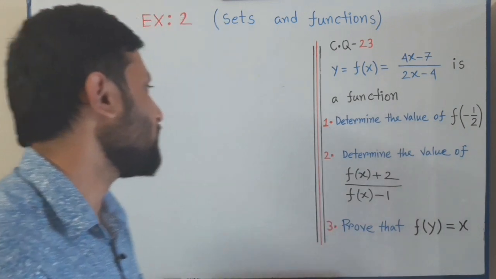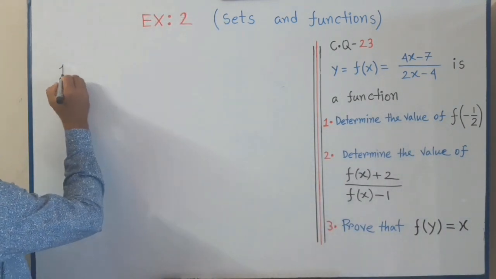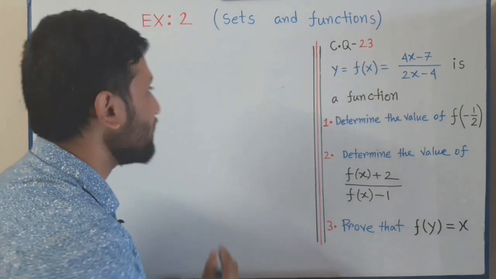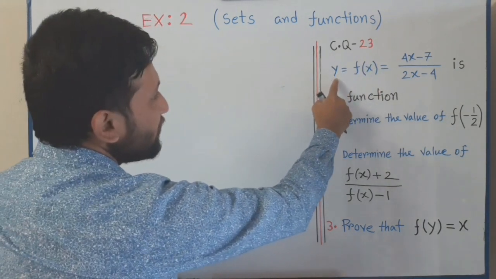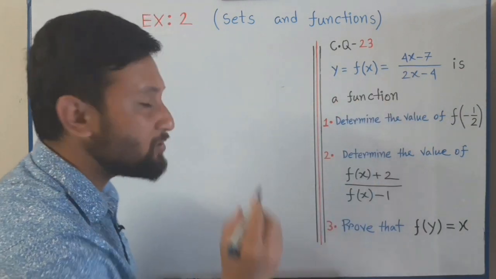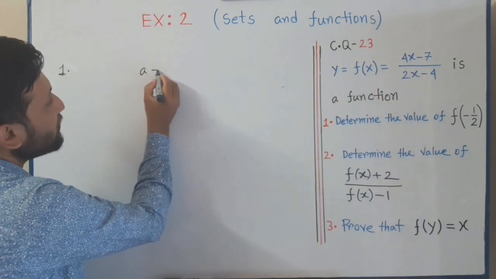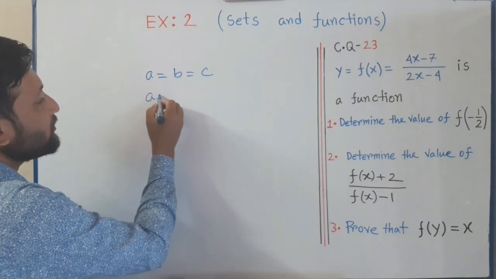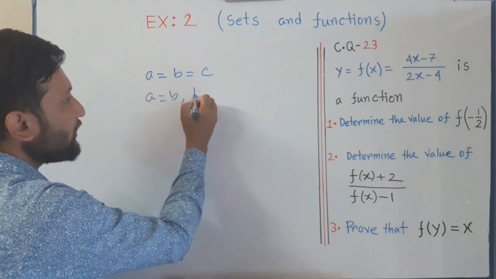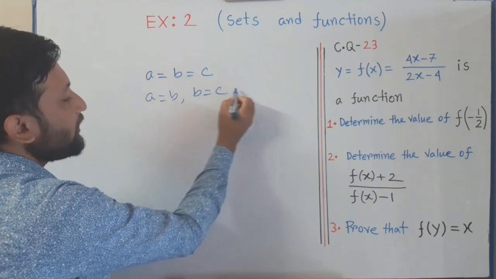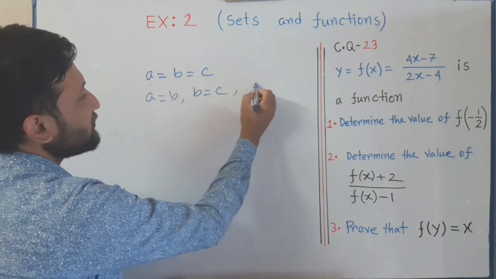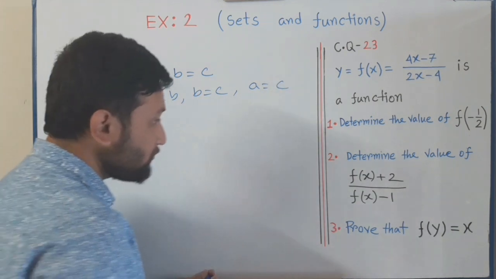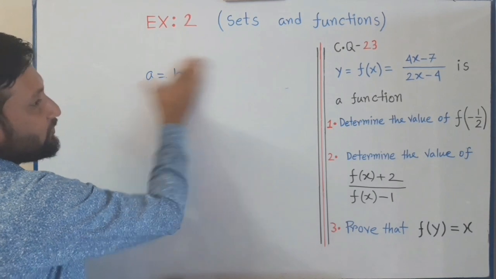Now, first one. For the first one, at first, by using the scheme part, here see that in this scheme, three terms are equal. So, imagine if A equal B equal C, then we can write A equal B, or also we can write B equal C, and also we can write A equal C as we need. Okay. So, now solve the first one.